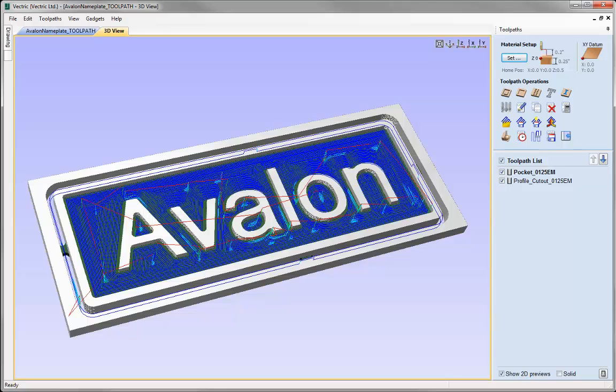Then we've come over to the toolpath side of things, we've double checked our material setup, and then we've gone ahead and calculated a pocket toolpath to machine out a 2D area between the inner border and the text itself, and then we've calculated a profile toolpath in order to cut the part out, and as you saw there, adding the tabs to hold the job in place. Finally, when we were happy with the way it looked based on the preview, we were able to save the toolpaths in a format that we'd be able to transfer onto our CNC and actually cut the part that you